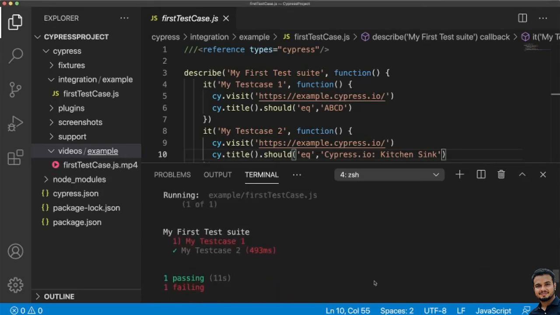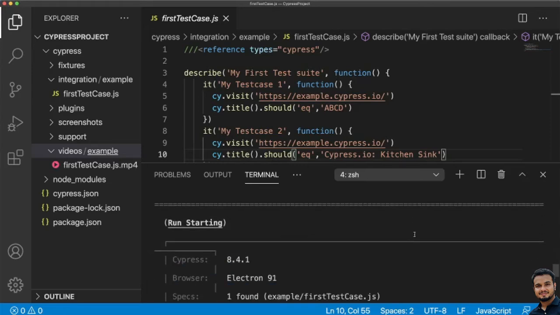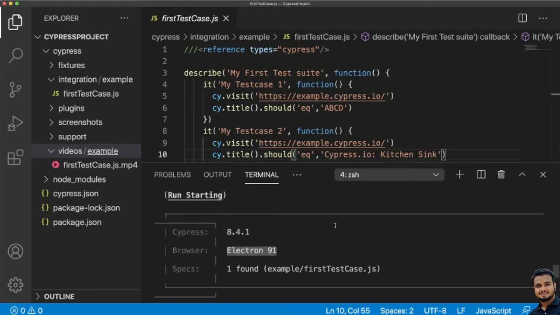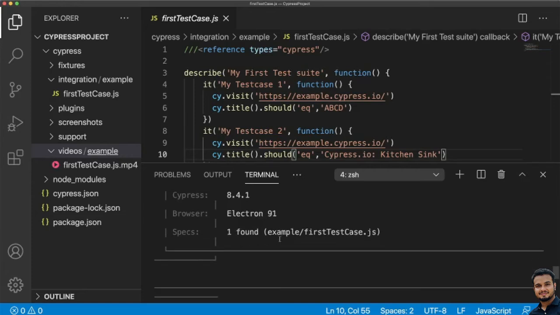If we go to the top, here we started npx cypress run headed. The browser is Electron. I told you Electron is the default browser, but it got executed in a UI mode. It is not headless, right? It got executed in a browser, using Electron 91, and your Cypress version is 8.4.1.